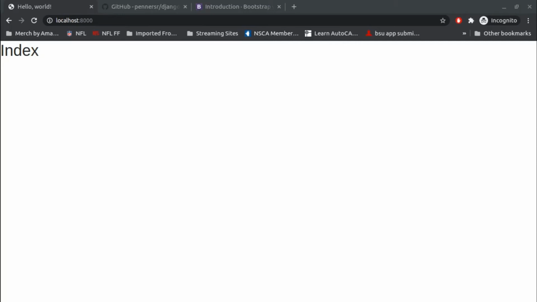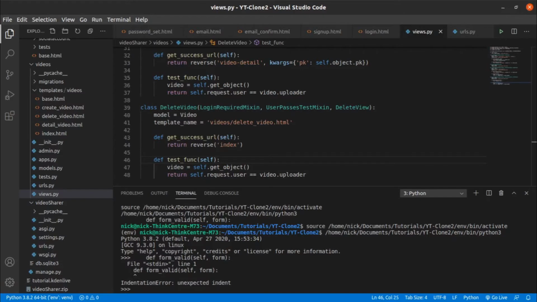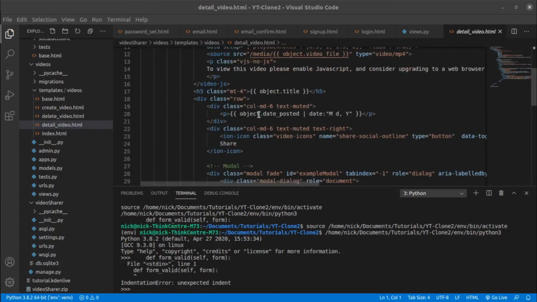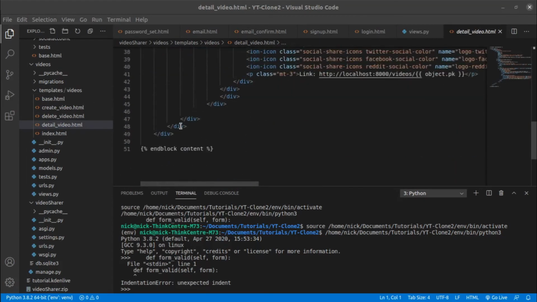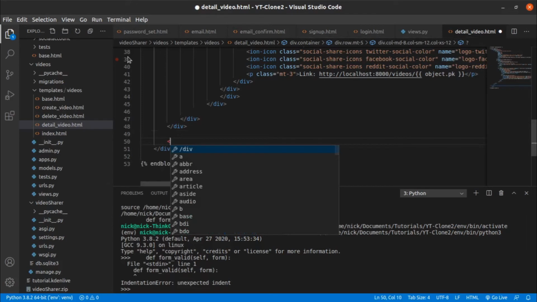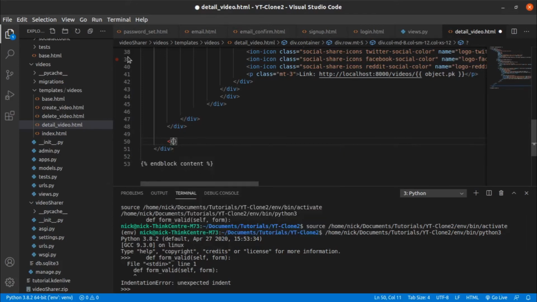So to do that, let's go back to our text editor, go back to our detail video, and then down here at the very bottom, right before the closing div tag, we want to add 2 more links. And this will go by the share button that was there already, and we'll go ahead and type in first an if statement. So we want to check if the user is the same as the one who's uploaded the video. So same check as before, if